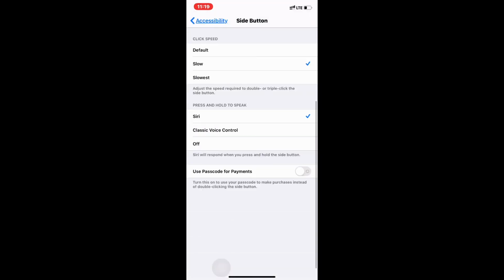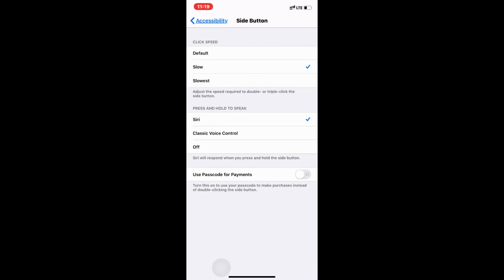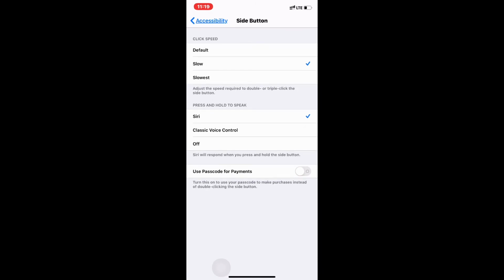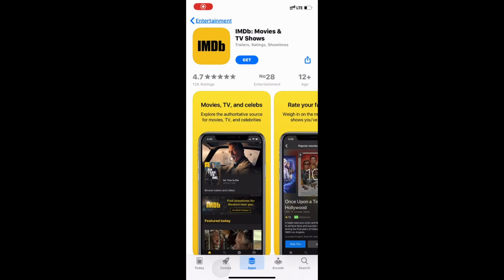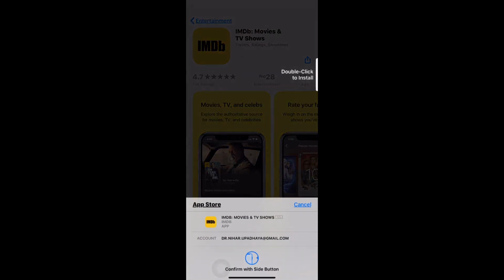Now the third option is the most interesting one. It is to use the passcode for payments, and I have kept it off. And you know the reason why? Let me tell you. Here I am downloading this app. As soon as I download it, this option comes up.